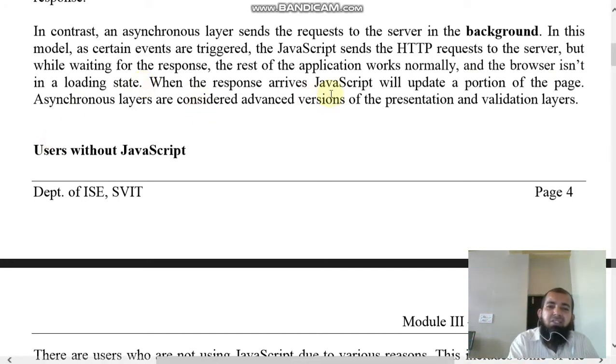When the response arrives, JavaScript will update a portion of the page. Asynchronous layers are considered advanced versions of the presentation and validation layers.